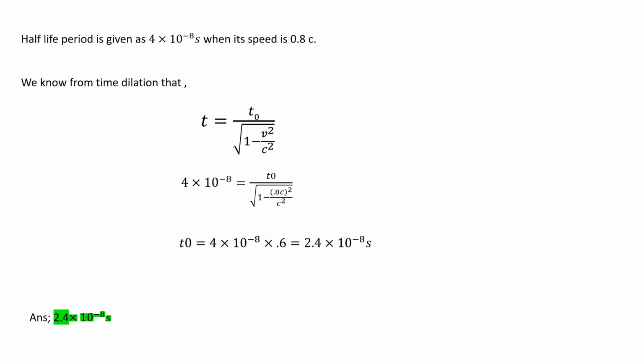We know it has been given in the question that the half-life period is 4 into 10 to the power minus 8 second when its speed is 0.8 c, and we know from time dilation that T is equal to T naught by root over of 1 minus v square by c square. So by putting all these values given in the question, we will find that T naught is equal to 2.4 into 10 to the power minus 8 second. So our answer will be 2.4 into 10 to the power minus 8 second. Then